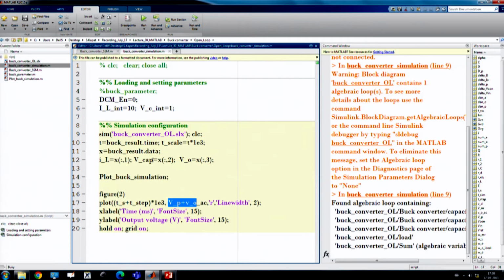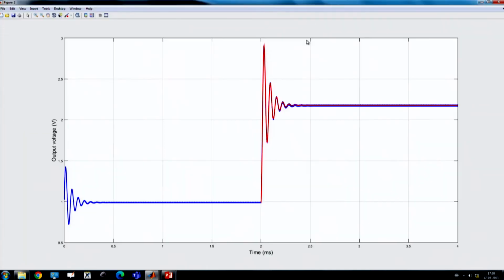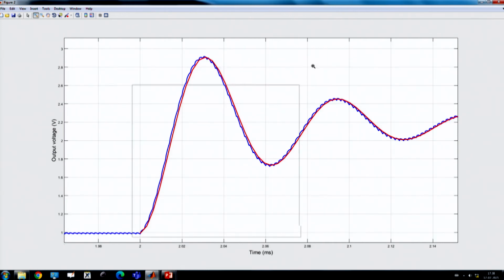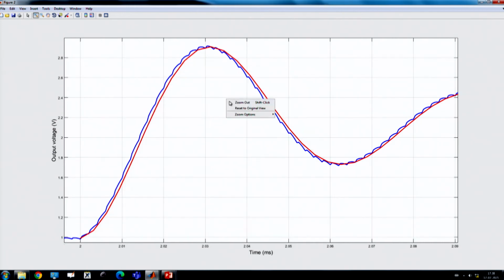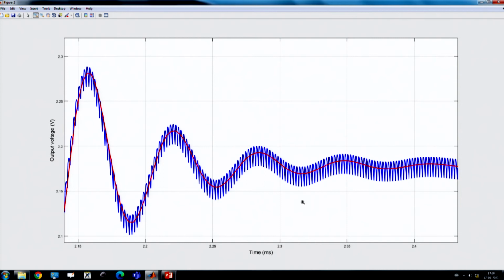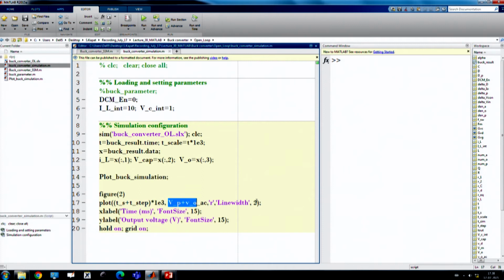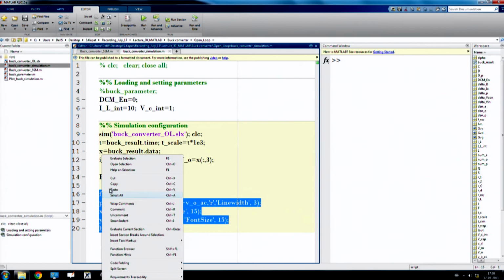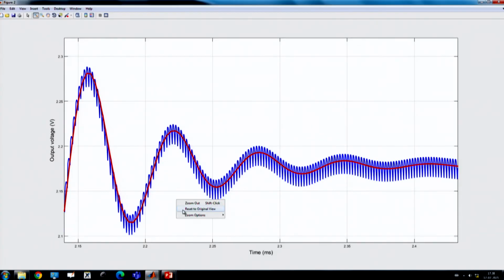We are actually repeating the same process, but this time we are trying to match the control to output transfer function. That means, if there is a change in the converter voltage or maybe a 0.1 duty ratio, how is it going to change? You can see there is a slight deviation, but it is in the acceptable range. I think it would be better if we increase this width, so maybe we can use 3. If we rerun again, yeah, it will be better.